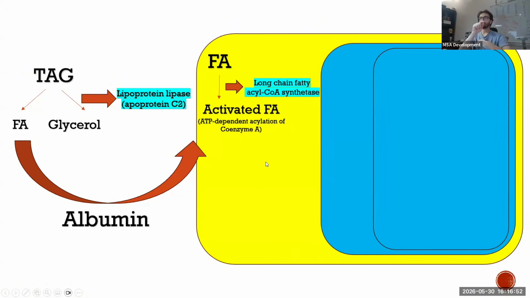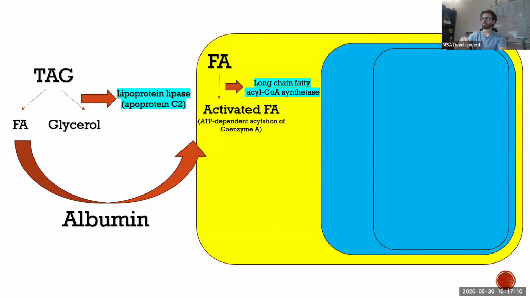But I'm gonna give you now an example, a real life example. It doesn't happen, but hypothetically speaking, we're gonna pretend that it happens. Without it, you're not gonna understand what's gonna happen next. Okay? Let's say cytoplasm is Saudi Arabia, mitochondria is the United States of America. I am the activated free fatty acids. Hello, the activated fatty acids. I want to go to the United States of America, which is the mitochondria.